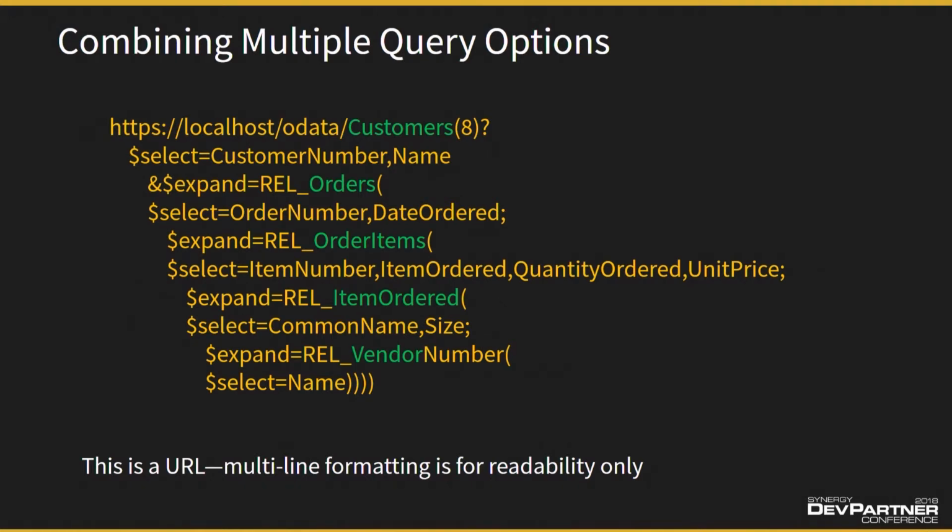I also want to drill down from the order item to the actual inventory item that that line item represents, and I want to see the common name and the size, and then I want to drill into the vendor that provided that item and see the vendor name. Okay, that's one URL, but that will drill through all 5 files, doing 4 joins and returning selected data at